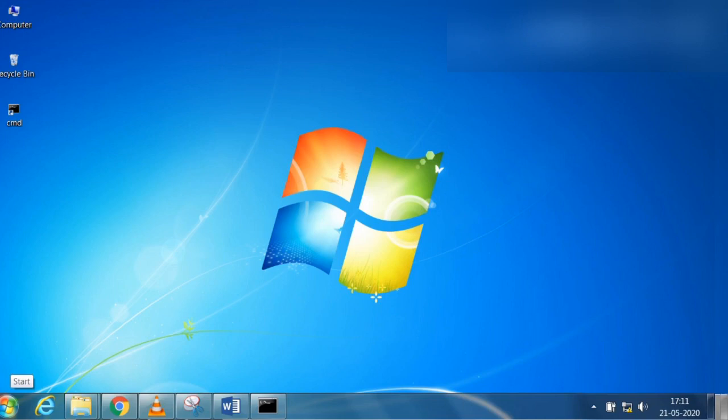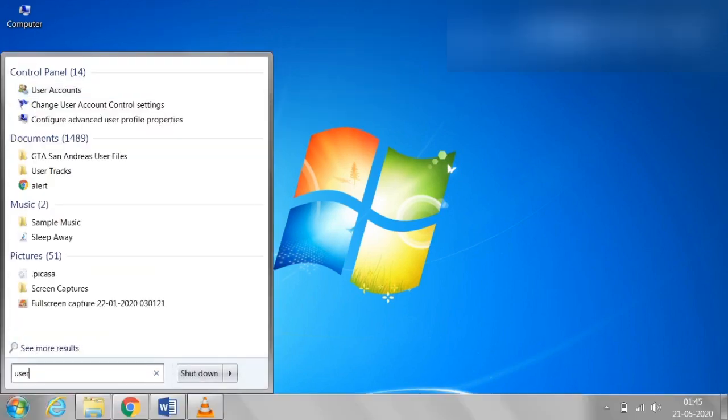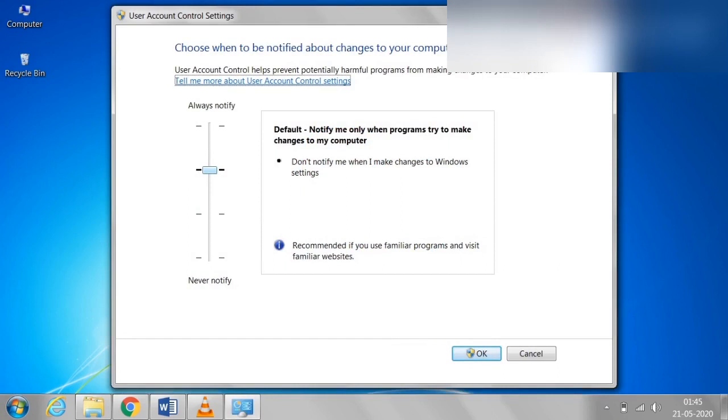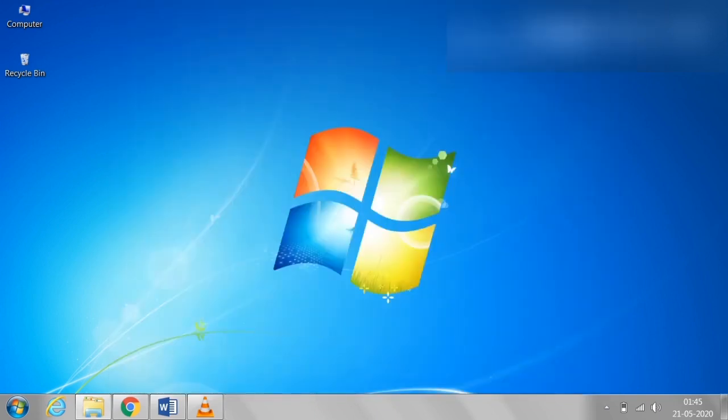So now we will move on to the next step. Just go to user account control settings, which you can search in the Windows icon itself. And here just lower your settings from default as shown here. It is also noted as not recommended by your computer due to some security reasons. And this is your second step to fix your run as administrator issue.